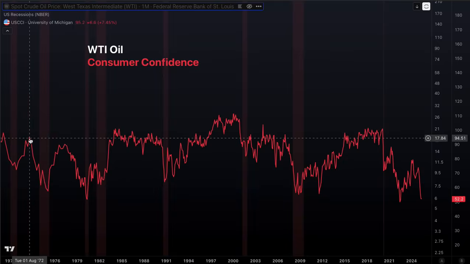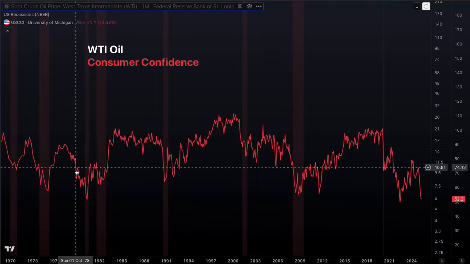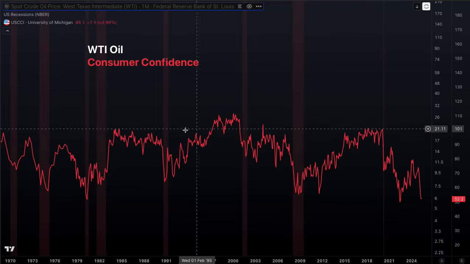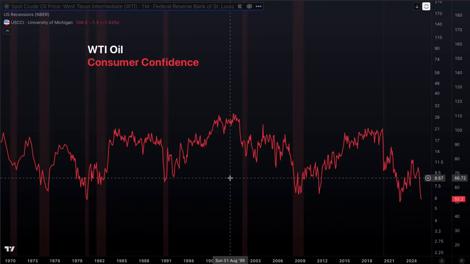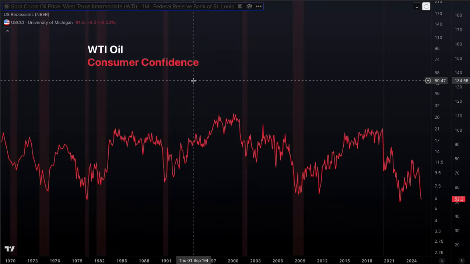recession. Here we can see it peaked in 72. The recession didn't even start till 73. Here again, it peaked in 1977, started to fall before the recession of 1980, and so on. You can see this. Why this is important is consumer confidence, as we'll see in the next slide, is directly